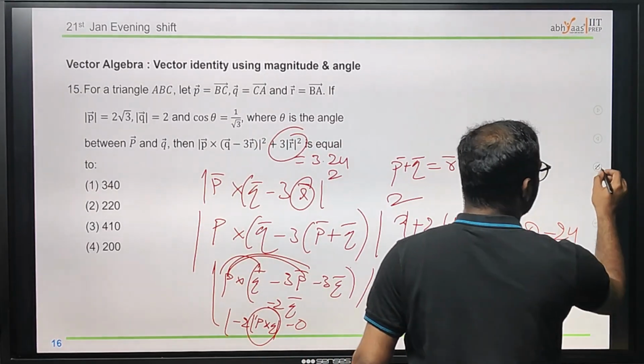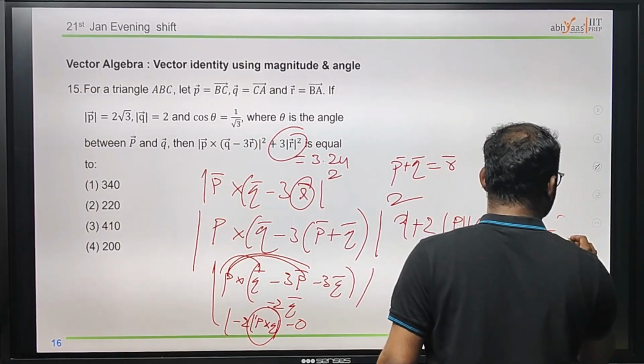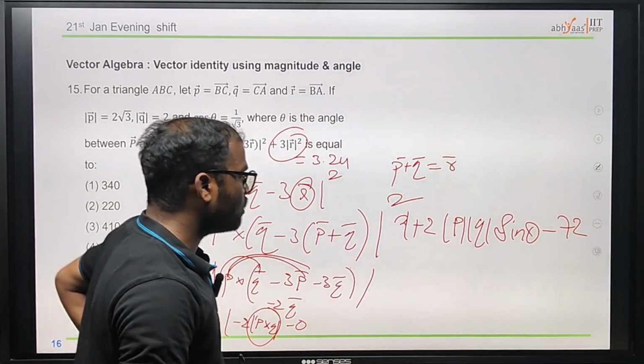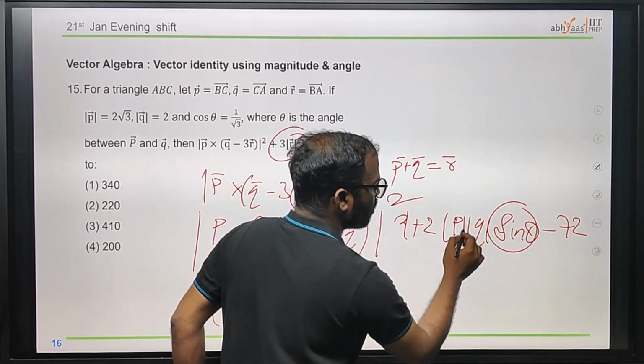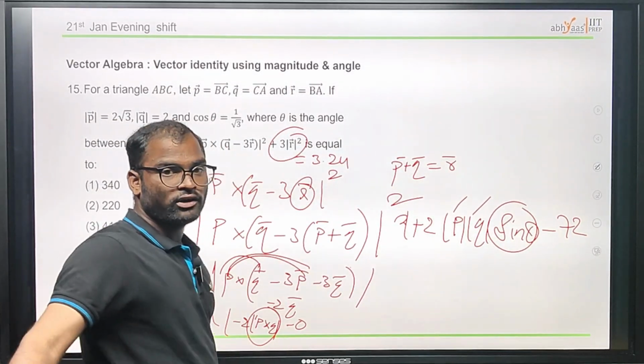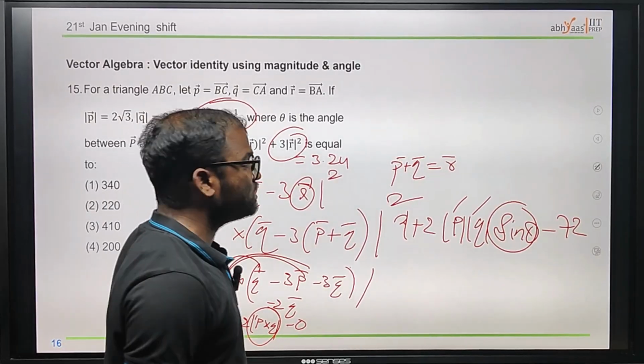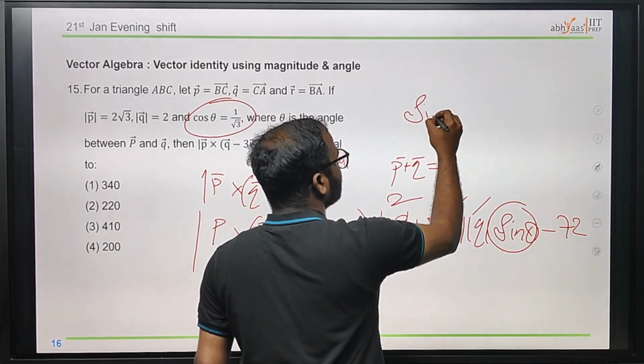Since we have 3 options, 3 also multiplies with 3, therefore it will be 72. Okay, now we got this one. Now we need to find sine theta. We already know it by p and q. In order to find sine theta, just use the identity cos square plus sine square theta. We already know cos theta. If we substitute those values in order to find sine theta, we will get